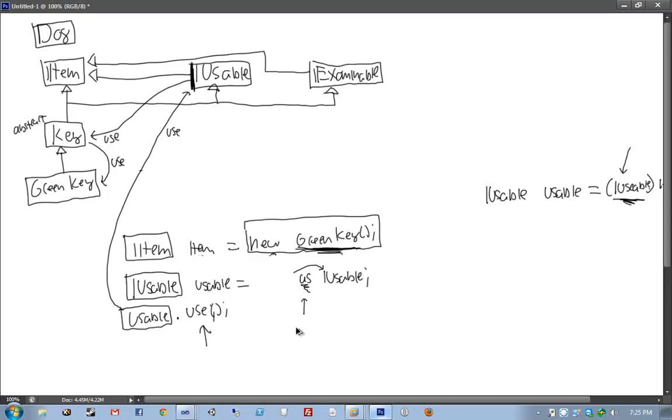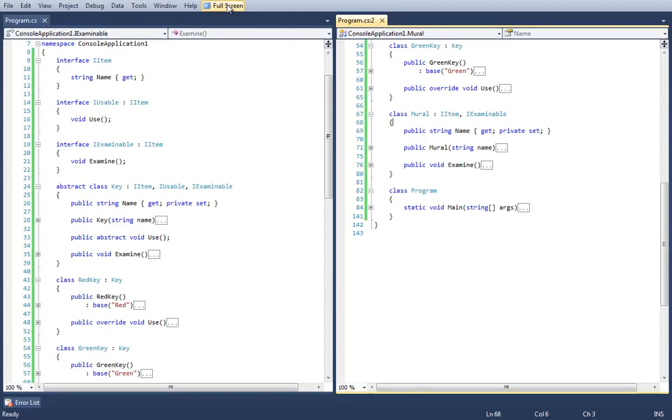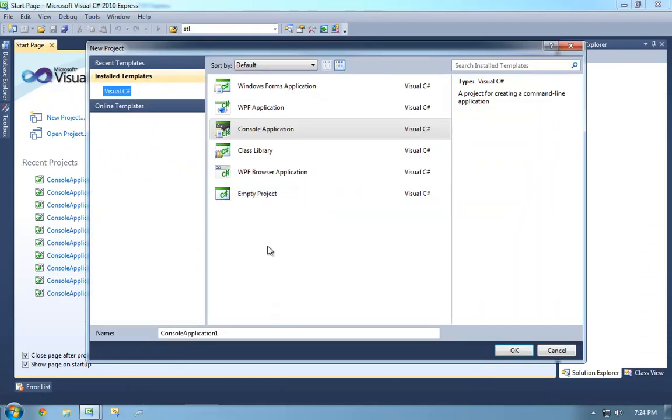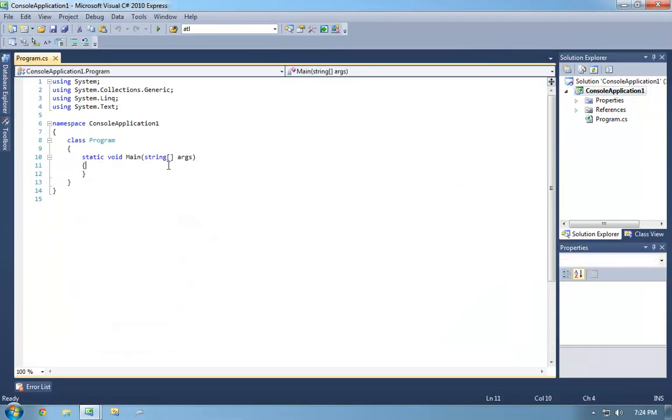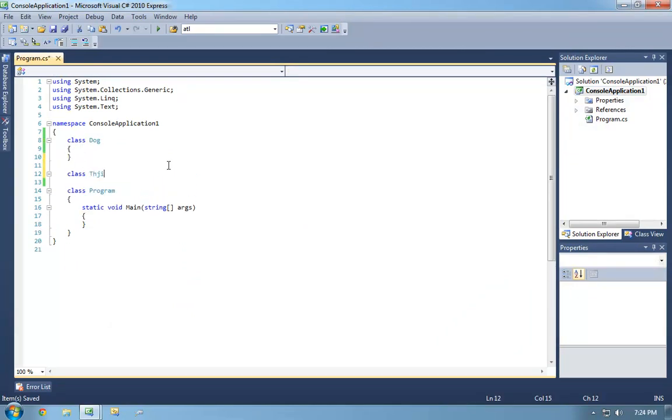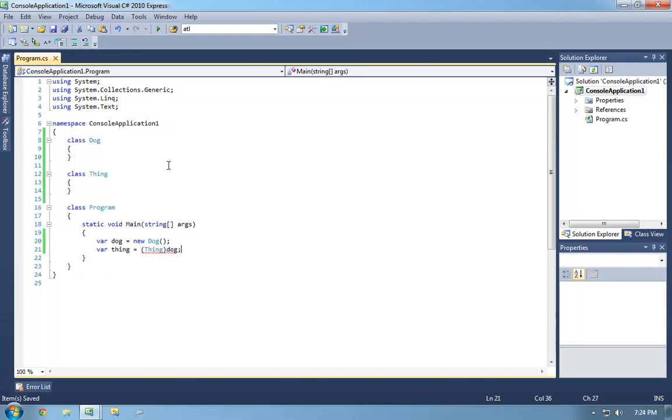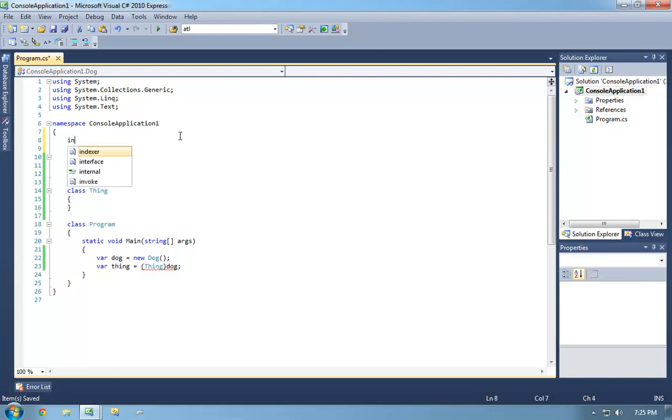So what's going on here is the biggest difference. I can go ahead and probably represent this in code better than on the whiteboard. Let's say that we had a class called dog and a class called thing. Actually, you could, if you really wanted to run the example, do it in place of an int.TryParse for user input logic. The C# compiler is actually going to completely prevent me from doing this. It's kind of funny, because there's no way to convert from a dog to a thing, at least in the way that this is currently implemented. But if, for example, we had an interface